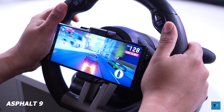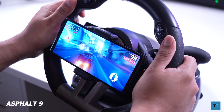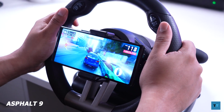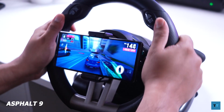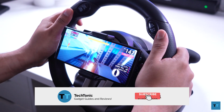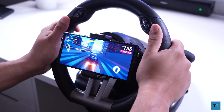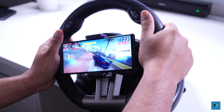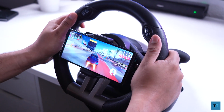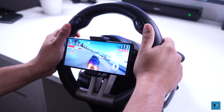The steering is essentially being done by the gyroscope in your phone, so the steering wheel doesn't need to be powered on for it to work with this game. Now, what's important here is that the foot pedals are powered, and that's what's connected to the phone via Bluetooth. So on Asphalt 9, the left pedal acts as a drift/brake and reverse button, and the right pedal acts as a boost button. It's pretty simple in this game, and even though I was somewhat initially disappointed that the wheel itself isn't an input in the game, the combination of the holder and the phone's gyroscope does actually do a